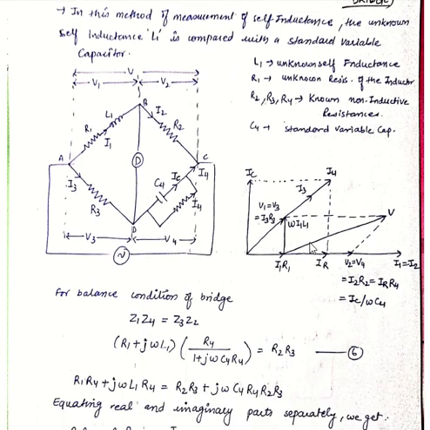Now coming to the vector diagram, first of all we'll make I1 R1. At 90 degrees apart, we'll have omega I1 L1. The resultant of this I1 R1 and omega I1 L1 will be V1. Now we know that V1 and V3 have the same potential. So V1 is equal to V3, that is equal to I3 R3. So in this extension we'll have I3.